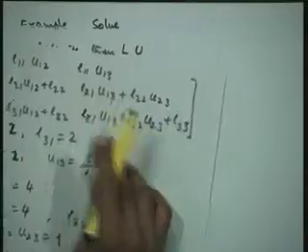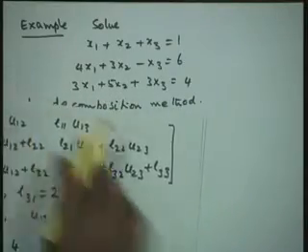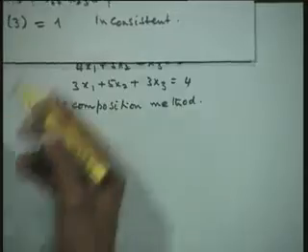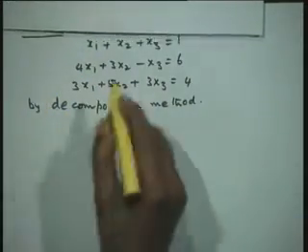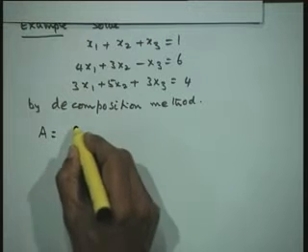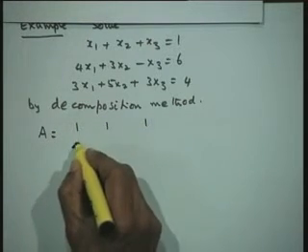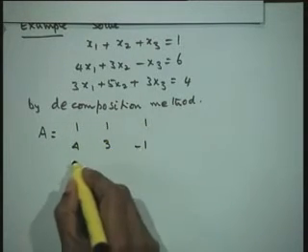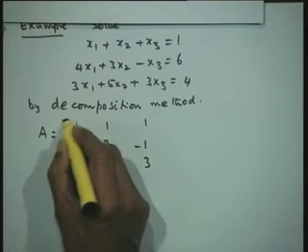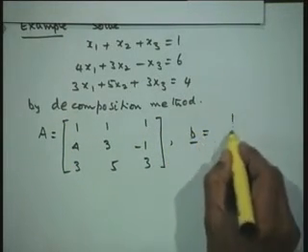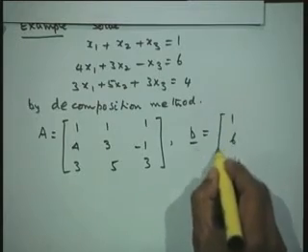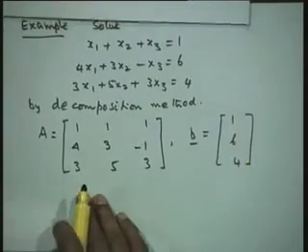Now, we would take the help of the previous computation that we have done, that the product of L and U is this. So, we can straight away use this particular matrix and save some time for rewriting them. We know that the first column of L is the same as the first column of A. A is equal to 1 1 1, 4 3 minus 1, 3 5 3, and the right hand side vector B is 1 6 and 4.